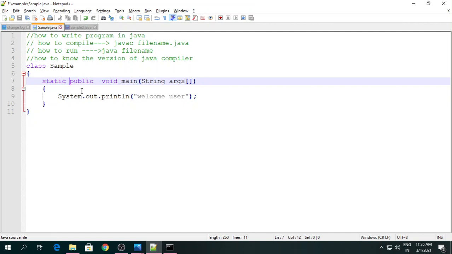The main method is public, it is static, its return type is void, and it has a command line argument. So you can write static public or public static, but the better practice is to always follow one standard: first public, then static. Fine. And now the next one is,